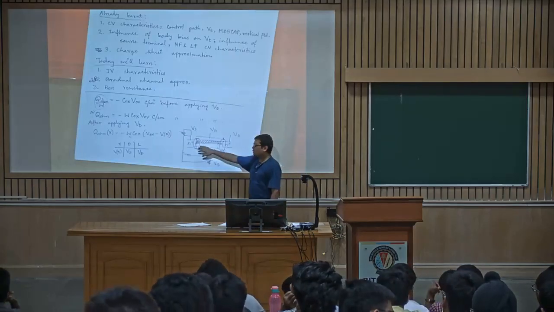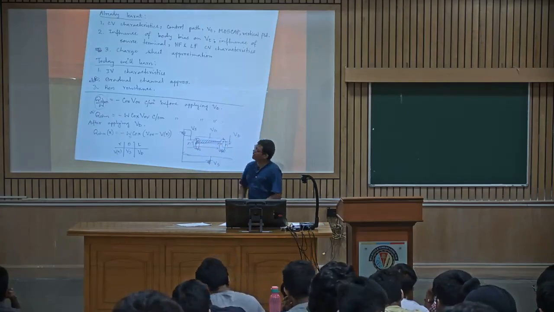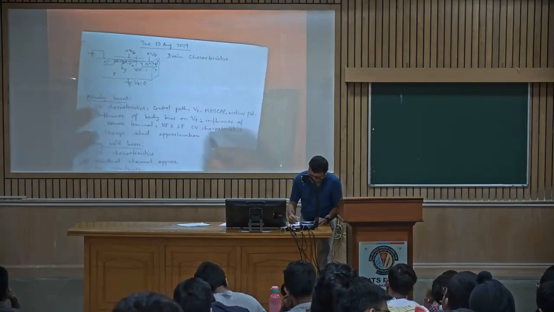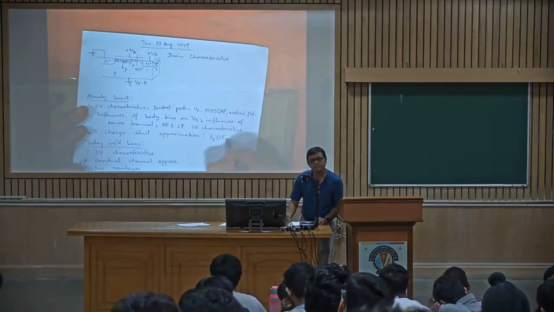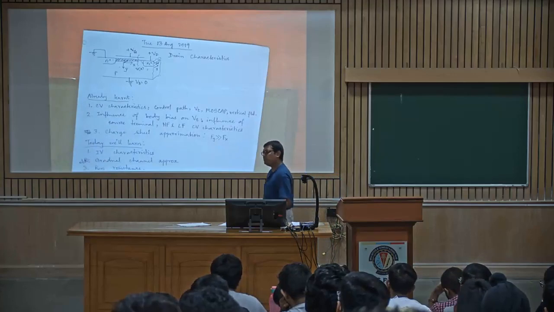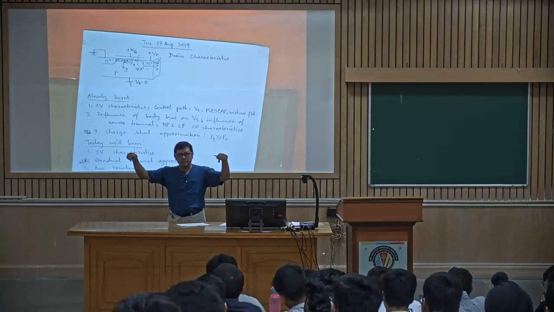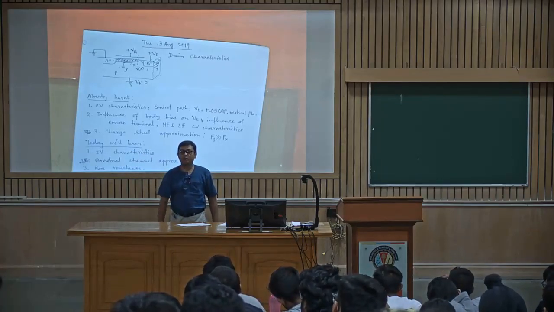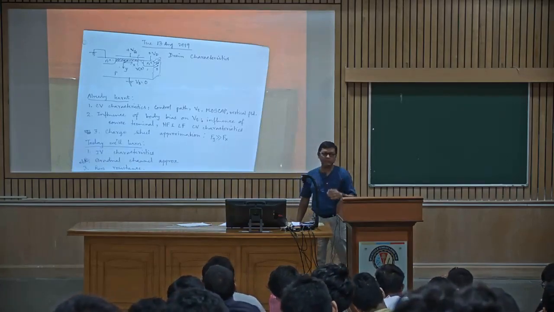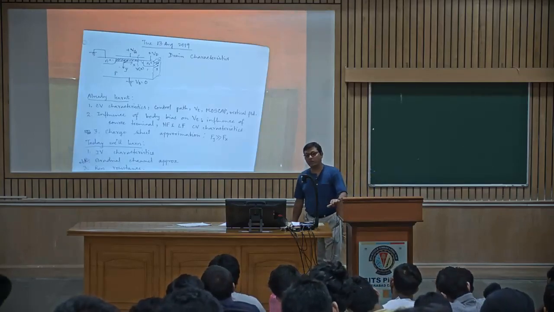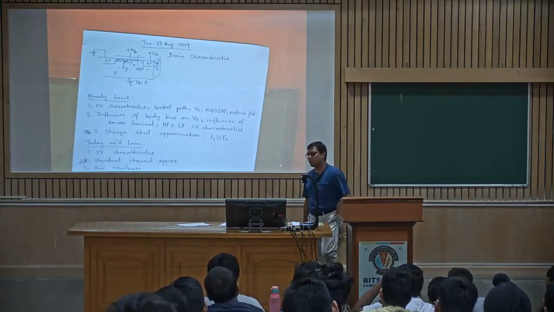So one of the main reasons, again the same thing, why is it gradual? Because of Fy, which I have already written here, the charge sheet approximation. What was that condition? Fy, the vertical field, is much higher than Fx. When is it possible again? The vertical field will be higher only if the channel is wide enough. So that means the voltage Vds does not influence the control path. We will see the short channel effects. I am not sure whether it was taught in ED, but in short channel effects, one of the major problems with short channel is Vds starts influencing the channel conduction.